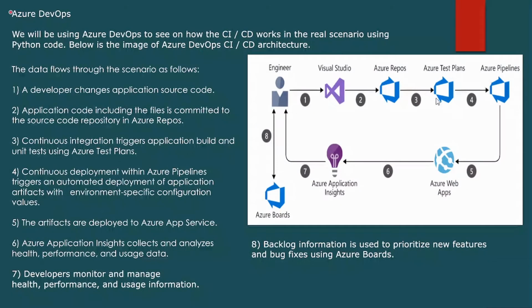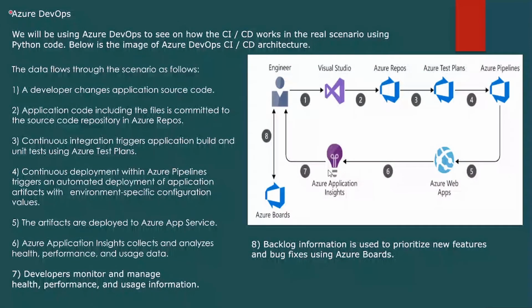This also involves test plans, and then you configure your pipeline. The configuration of the pipeline is done in such a way that whenever the code has been pushed by the user, it goes through these pipelines and these test plans and all that, and the code is automatically deployed to the Azure web app. Okay, from just one command typed from the user machine to the automation of this deployment. Deployment is done in Azure DevOps, and then you have this application inside, which is used for monitoring. Okay,